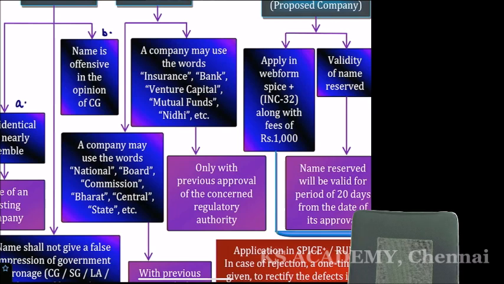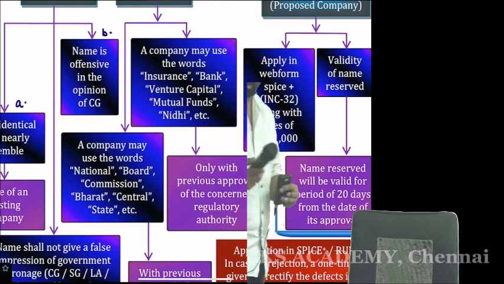But listen carefully to the class, everyone. Next session, we will be starting with the next section on this area. Name clause is not yet completed; half we completed. Another 3 topics are there: reservation of name, rectification of name, alteration of name. Once we complete, we go to the registered office clause. Next session, we will complete name and registered office, and also try to start with the objects clause of the memorandum. Clear? Thank you very much. Have a nice day. Bye.